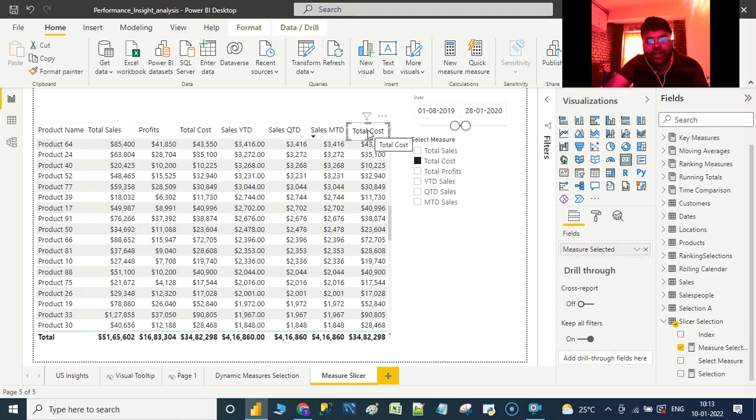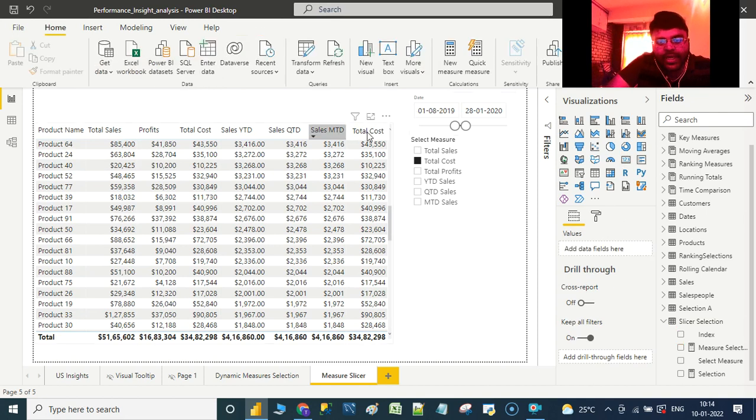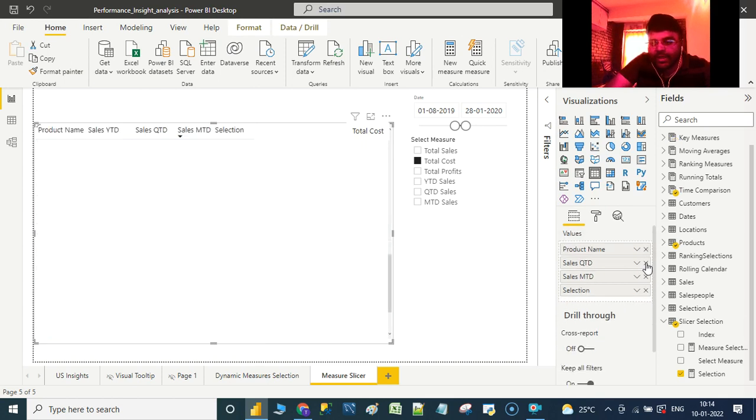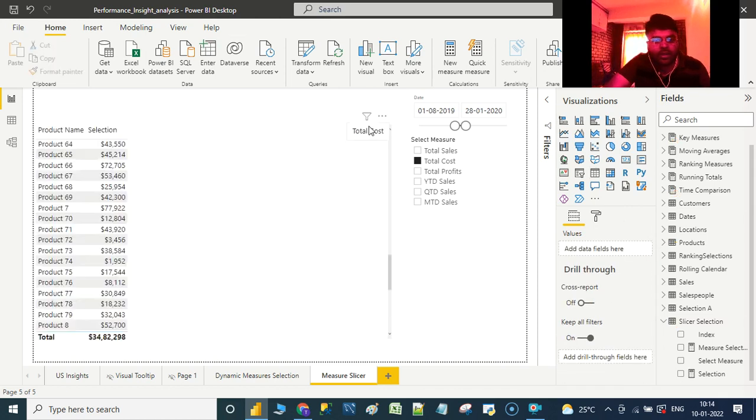And also click on this envelope. In order to envelop this particular measure, let us click on this particular header that we have created, and now let us go to format. Over here we have an option called bring forward. Let us click on that and click on bring to front. Now we don't have any issue with respect to formatting conditions. Now let us click on the table visual and remove all the other implicit measures that we had created earlier, and keep only the dynamic measure that we have created.